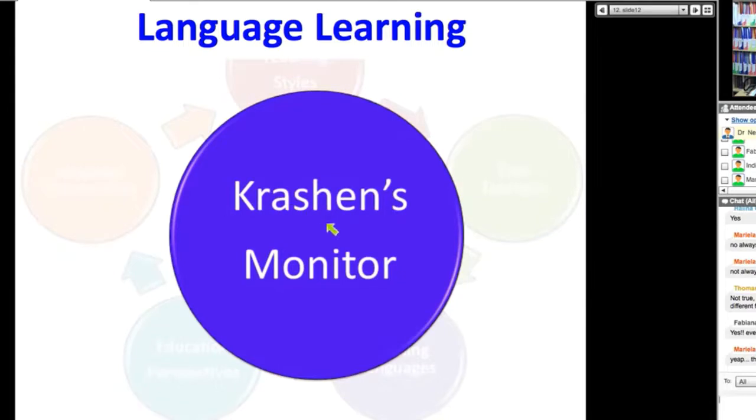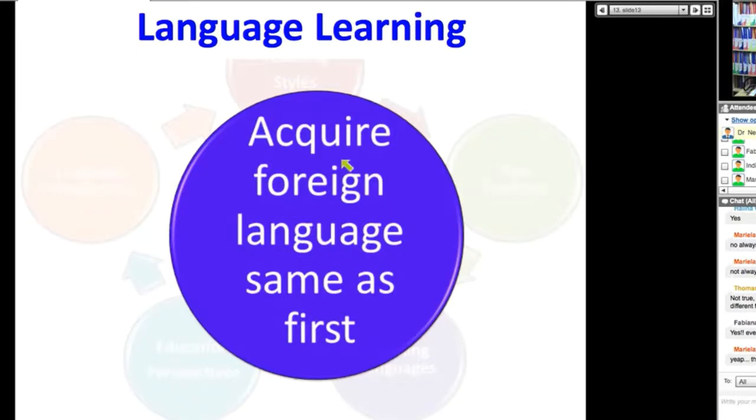But when Krashen came up with his theory, everybody started saying, yeah. Okay? So we acquire a foreign language the same as we acquire the first. So think how you acquire the first. In your house, we hear the language, lots of exposure to the language, your mother language, your first tongue, whatever you want to call it. You hear your parents, your brothers, your sisters, your surroundings. You go to school, you hear the language, and that's how you pick it up. You pick it up naturally because of Chomsky's universal grammar, okay? And that's how you pick up your foreign language.